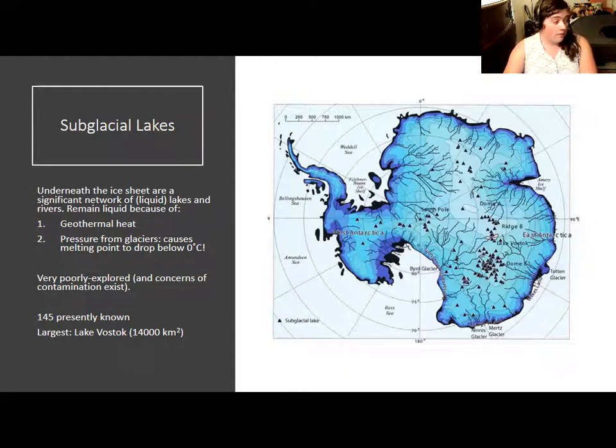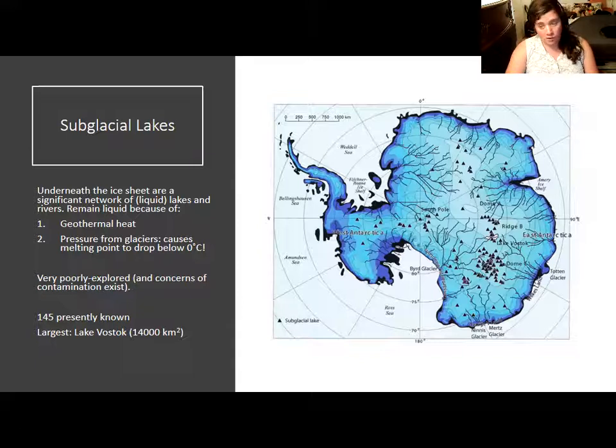We can't really go here. We know that they exist because of satellite images and other indirect methods. They are essentially alien landscapes to us. We don't really know what lives there. They're obviously going to be organisms from Earth, but there is a lot of concern about exploring these lakes and possibly killing any microbiotic life that lives there, or introducing species. And it's also just hard to get below the massive layer of ice. So they are largely just a mysterious zone that we can't really look at much yet, and we don't know a lot about what's going on in the subglacial lakes.